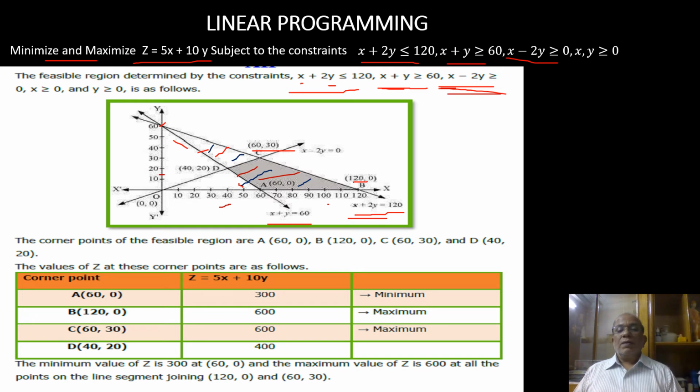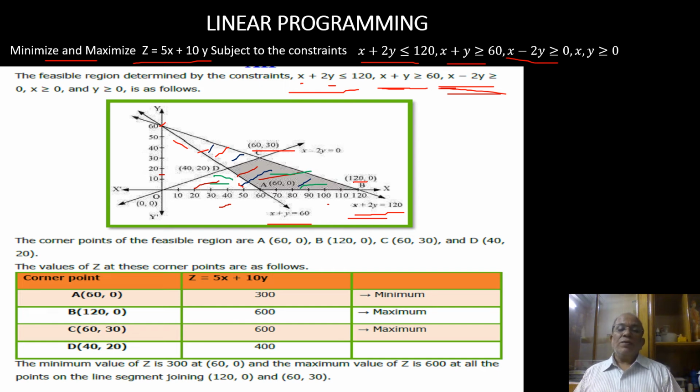So for this line which is passing through the origin, the area will be this green area, this area plus this area. Now we can see that the common region is the red, blue, green, this area. So this is our feasible region which is satisfying all the lines, right?